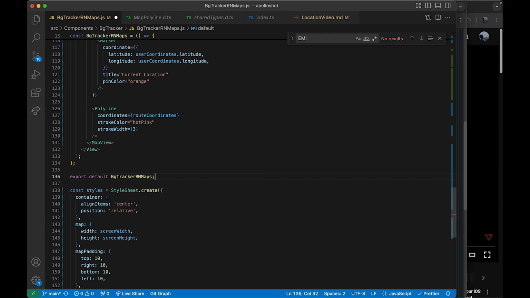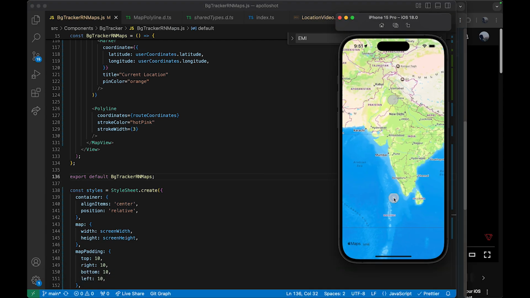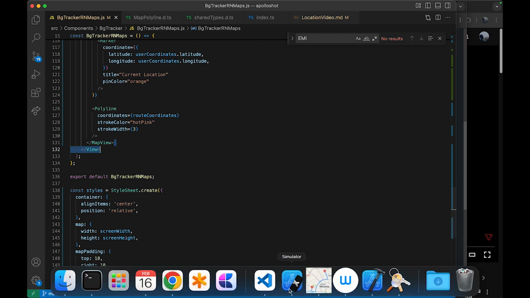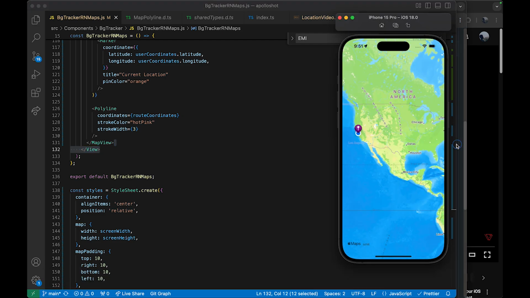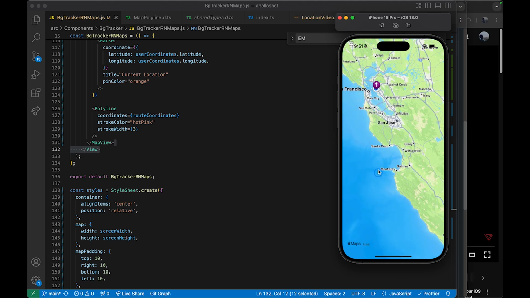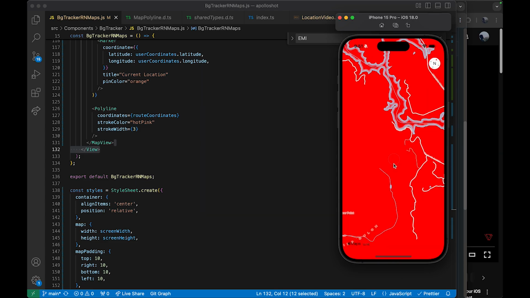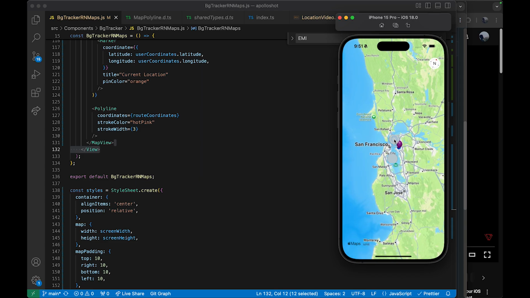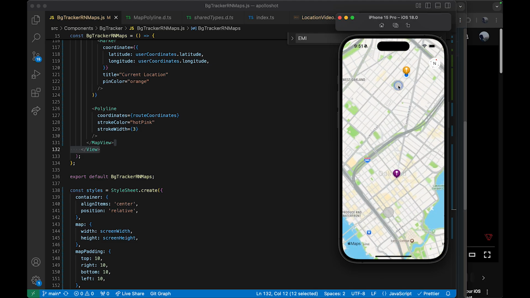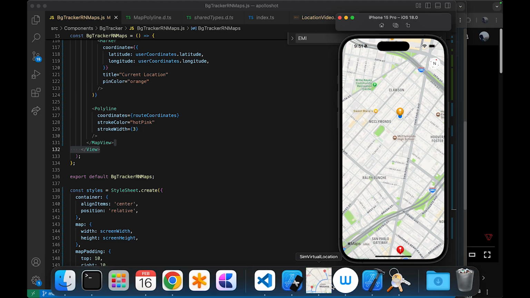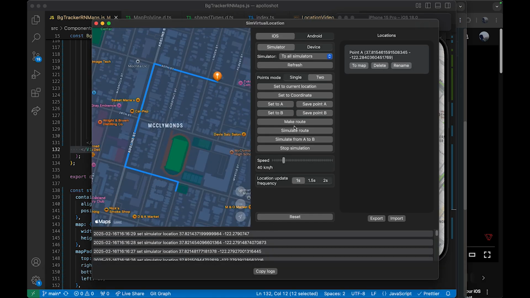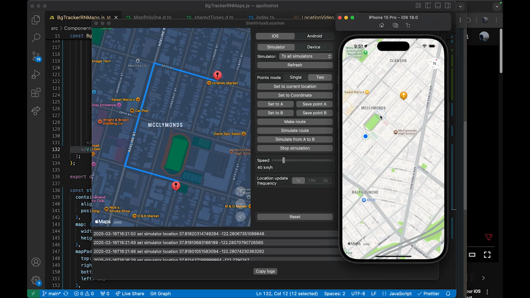Once I have done that, I'm going to save. So I'm going back to that location. Now the next step is what? I'll go here. Here I have this, right? Now I'm going to do the same thing. In this simulator, I'm going to use from here to here, and then I'm going to make a route, and then I'm going to simulate a route. So what happens, you see,